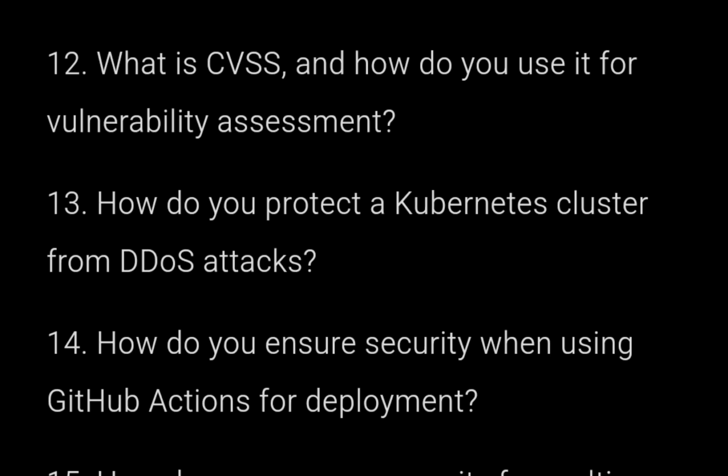That is the main purpose of the DDoS attack, where it sends a huge number of requests and the server crashes. And coming to the protection part, we can enable auto scaling,